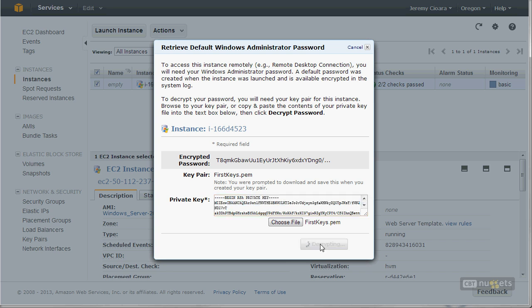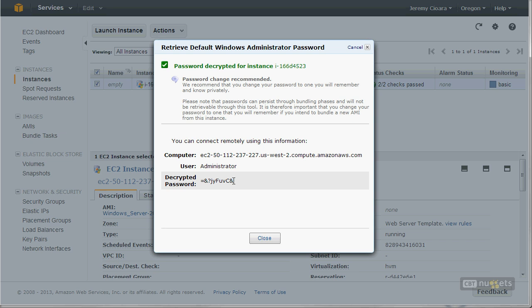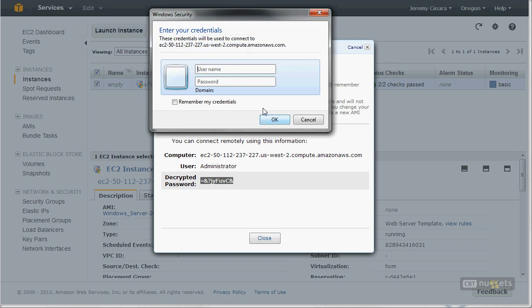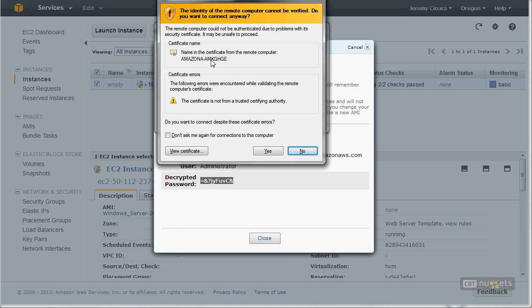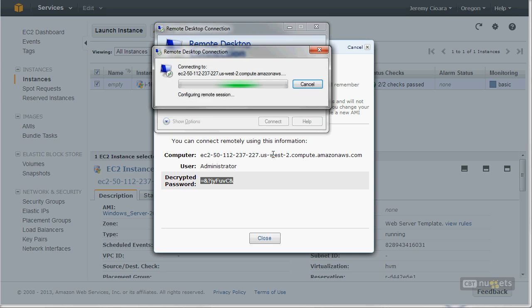Ready? Oh, look at that password. So that is the password now for that administrative account. So now I can come back here, connect, administrator, and hit paste. Paste my password in, and it says, here's your default host name of your server, Amazon. That's, I'm sure, from some script Amazon runs to do this. And now we are bringing in,